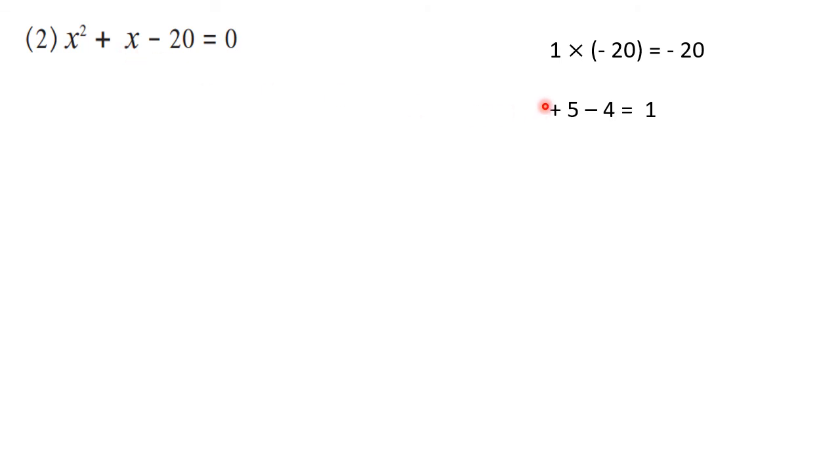As I have said so many times, whenever the multiplication is negative, you will get two numbers with opposite signs. And whenever the multiplication is positive, then we are going to get numbers with the same sign, that means either both negative or both positive. But for the multiplication to be negative, the numbers should have opposite signs. And then for the bigger number's sign, you have to observe the middle term. Since the middle term is positive, the bigger number is positive. Also, 5 into minus 4 is minus 20. So now we can split this plus x as plus 5x minus 4x.